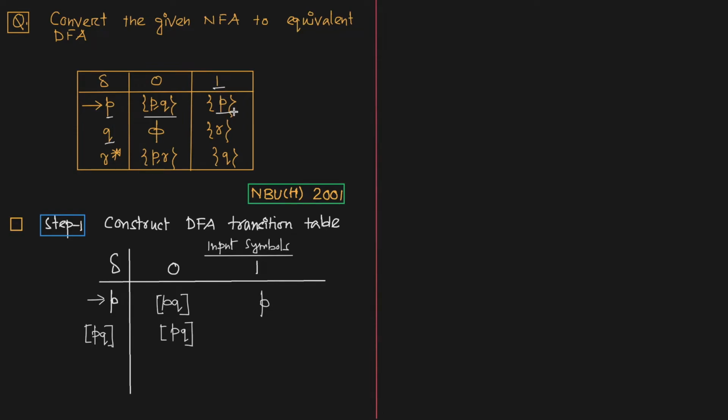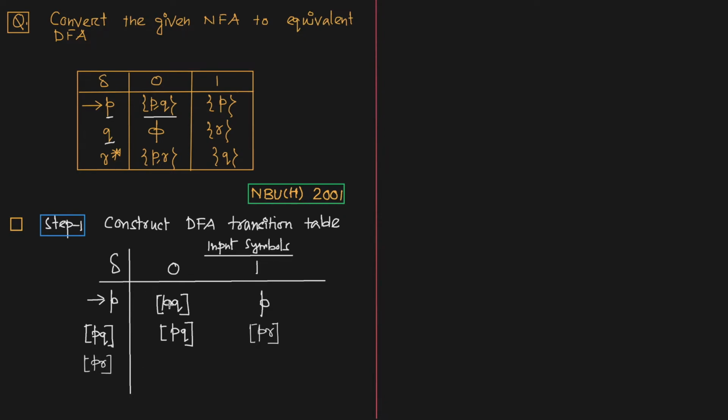ওকে, সো নাও পি কিউ অন 1, পি এর করসপন্ডিং ভ্যালু হচ্ছে পি অ্যান্ড কিউ এর করসপন্ডিং হচ্ছে আর। সো পি এবং আর এর ইউনিয়ন করলে তুমি কী পাবে? পি আর, ঠিক? সো দ্যাট ইজ, so it will be PR. This is a single state. Okay, so PR is the new state. So যখনই তুমি নিউ স্টেট পেয়ে যাবে সেটা তুমি প্রেজেন্ট স্টেটে লিখবে, PR।